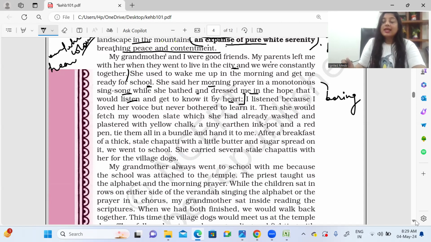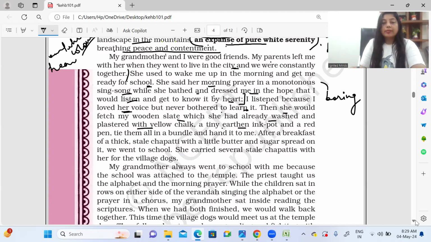So the grandmother intentionally wanted to recite those prayers in the form of a song so that the narrator could understand or learn them by heart. I listened because I loved her voice. Now, what is the narrator saying here? He only listened to the morning prayer because he loved the voice of the grandmother and not the prayer. He was not interested in the prayer, but he loved the voice of his grandmother, so he heard, but never bothered to learn it. Then she would fetch my wooden slate, which she had already washed and plastered with yellow